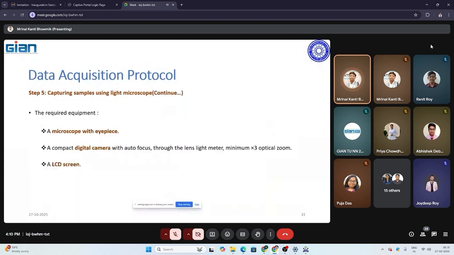So the minimum equipment required for the